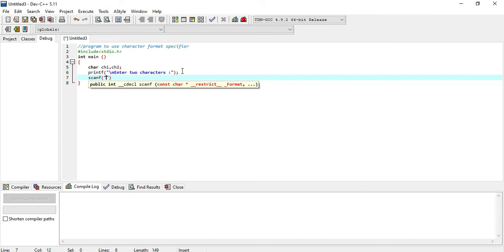So for that purpose we will write %c, that is, now this %c is the format specifier of this first variable, that is ch1, and %c, this is format specifier of ch2. Now in the argument section we will write the input variables, that is &ch1, comma &ch2.